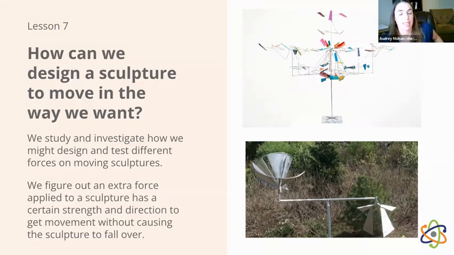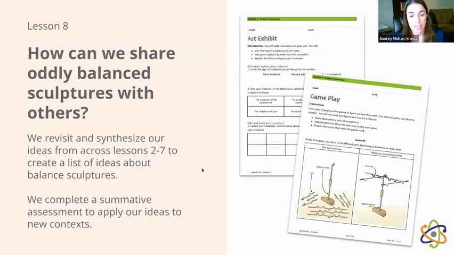And then we develop the idea that when there's a change in motion, like when it starts to move, it's unbalanced forces, because now there's an extra force happening on the sculpture that doesn't have a balanced force. So that is a situation where the forces on the object are unbalanced. And now, remember from our performance expectation bundle, we've been working with balanced and unbalanced forces and predictable motion. And all of these forces have been contact forces, like something is touching something else and applying the force. So we're going to put our pieces together in this lesson 8, and you have 2 options